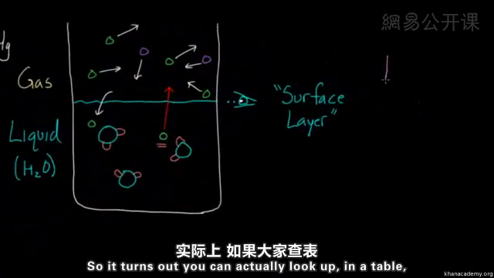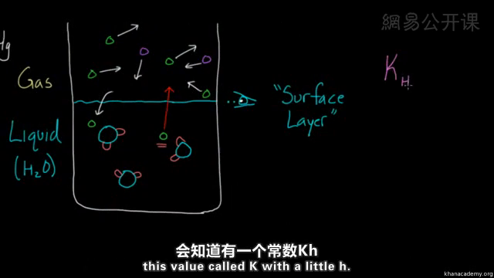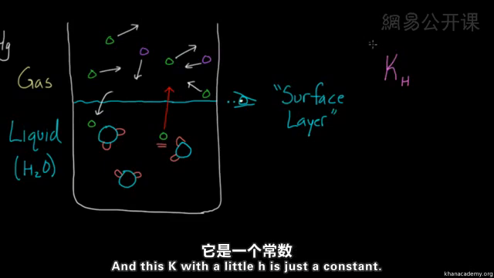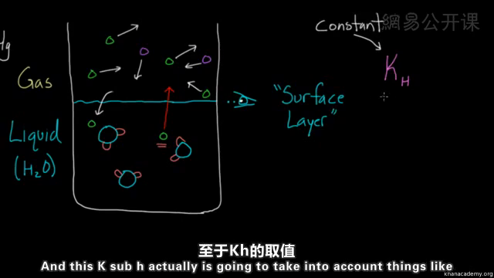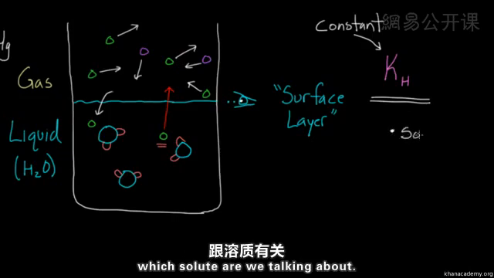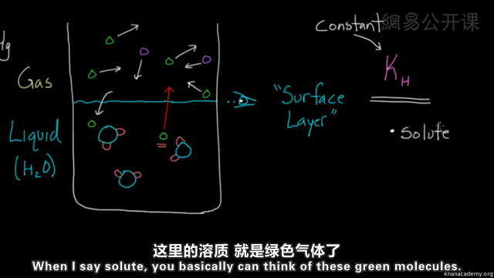So it turns out you can actually look up in a table this value called K with a little h. And this K with a little h is just a constant. So this is just a constant value that's listed on a table somewhere. And this K sub h actually is going to take into account things like, well, which solute are we talking about? When I say solute,